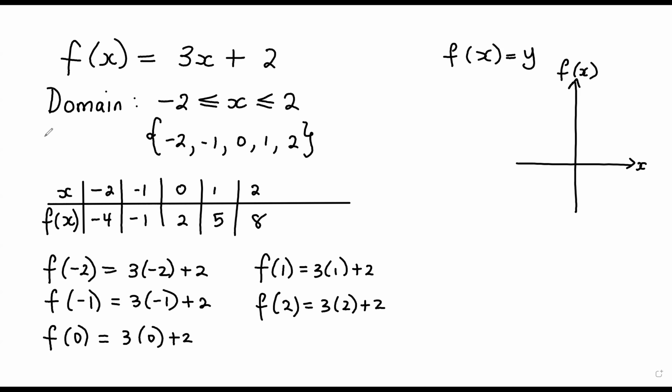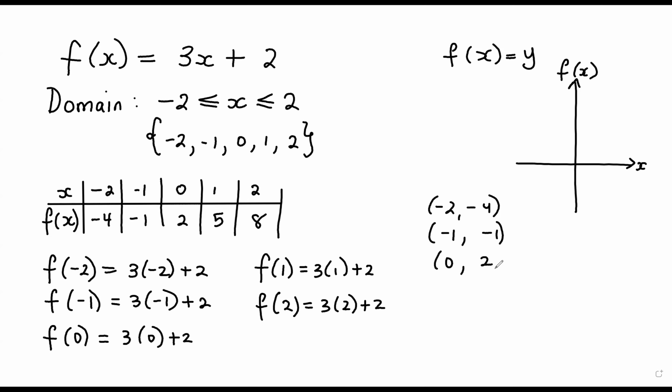All right, so those are my f of x values when x is going from negative 2 to 2. Now, if I were to write these as a set of ordered pairs, my ordered pairs will be negative 2, negative 4, right? It'll be negative 1, negative 1,